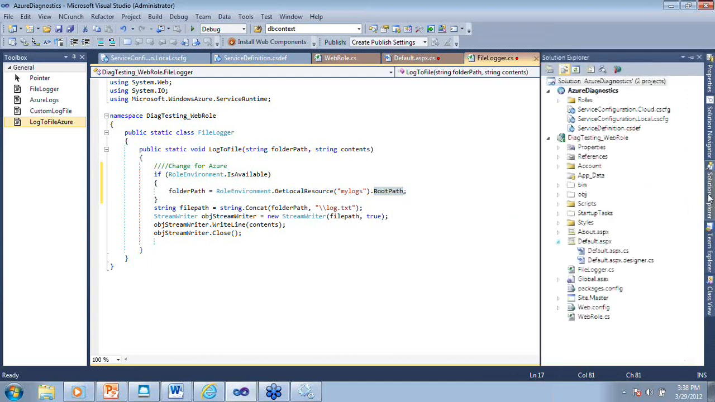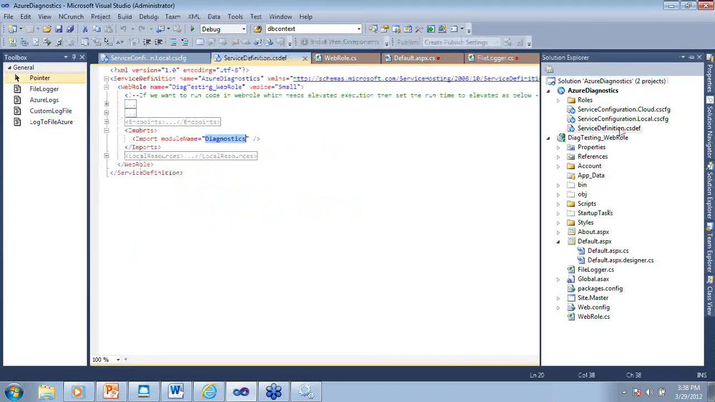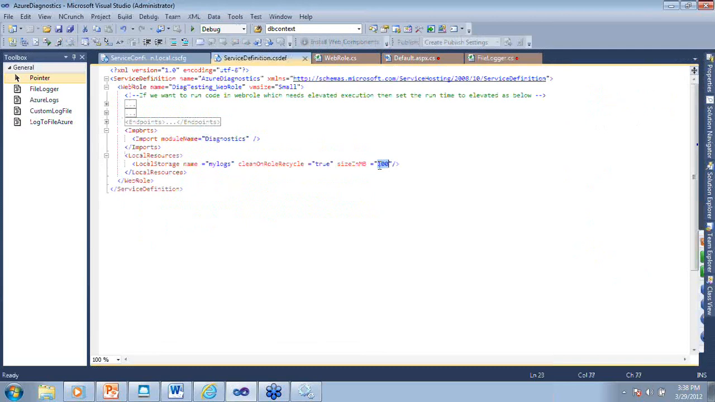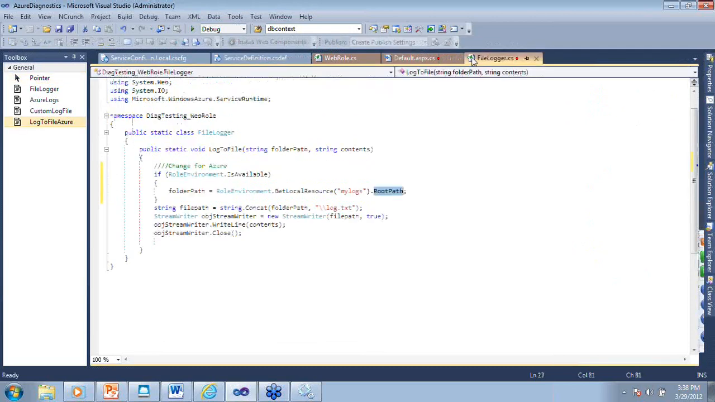Now, just a quick recap on this. This is how you configure a local resource. You just say the name of the local resource, my logs, and you can say what the size is in MB. And that is precisely what we are doing here. We are accessing that local resource. The root path is nothing but the directory path as Azure is going to create it. Everything else remains the same. Now, if I do this logging, it is going to create a log.txt file